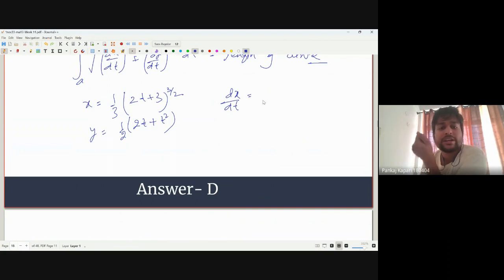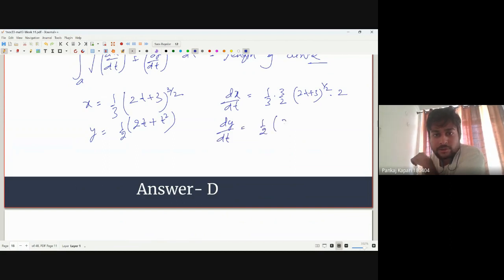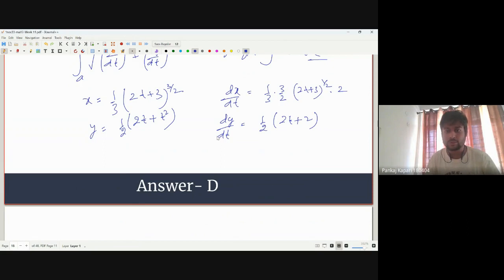So what is dx by dt? It's 1 by 3 into 3 by 2. Okay, so we apply chain rule. So you have 2t plus 3 to the power half into 2. And what is dy by dt? Is half of 2t plus 2. Okay, so if you simplify, then you can see that this is just equal to t plus 1,